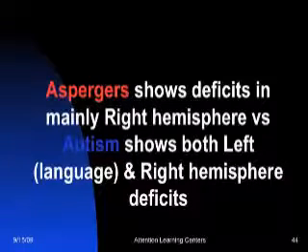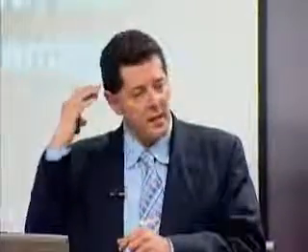What we found is there were 2 unique patterns to Asperger's that we didn't see with ADD or autism, although we can see them all together. Now think about it for a minute. People with Asperger's have very good language. And if you know how the brain works, the language is more on our left side of the brain. On the right side of our brain is where more our social and emotional functions are. So what we find usually with people with Asperger's is the left side of their brain is working really well. The right side of the brain, where the social and emotional functions are, is the